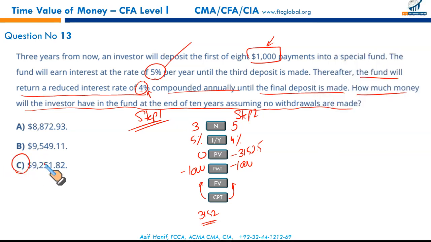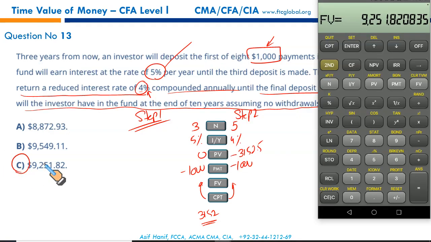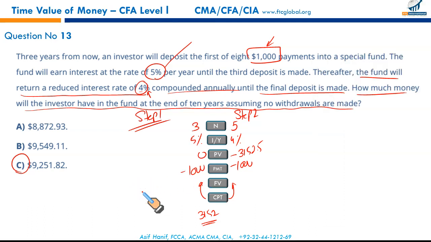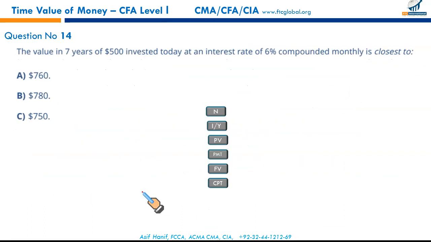So you will have questions like these where the payments are being split into various parts, and for beginners, it is recommended that you draw a timeline that will help you understand the idea better. I've just simply extracted the numbers and plugged them into the calculator. Beginners must first draw the timeline, and then they should do their computation. That will be much helpful for them.